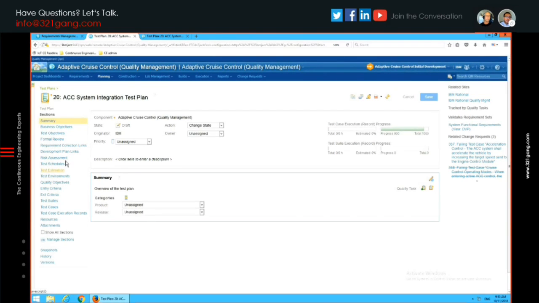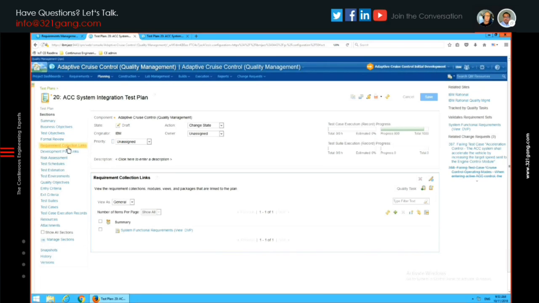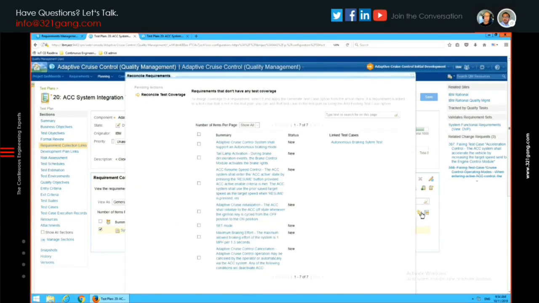The most important thing, though, is the idea of requirements-driven testing: we can associate those requirements to this test plan. This is the bidirectional traceability again, where we've aligned a group of requirements to this test plan. And the value of having that is we can do things like automate and generate test stubs, these test case stubs.